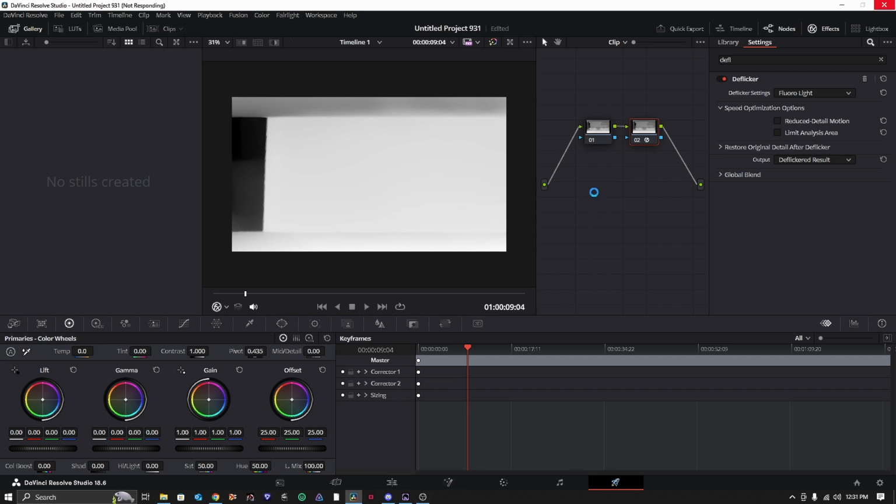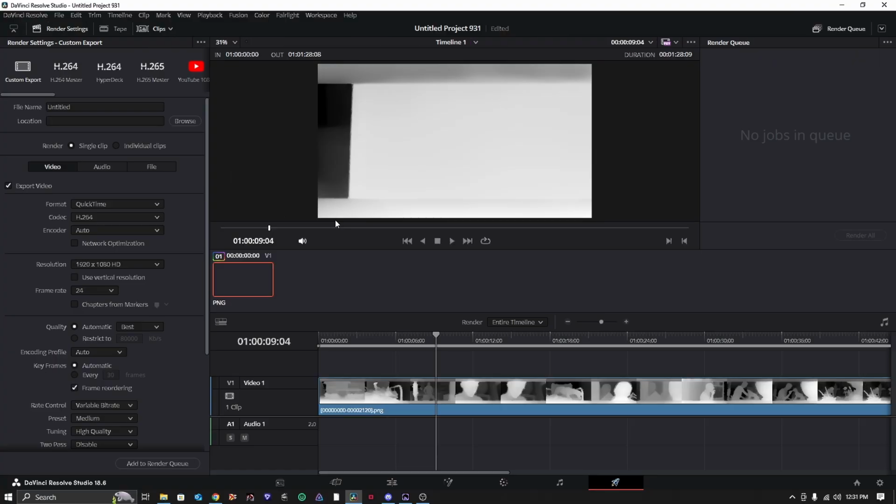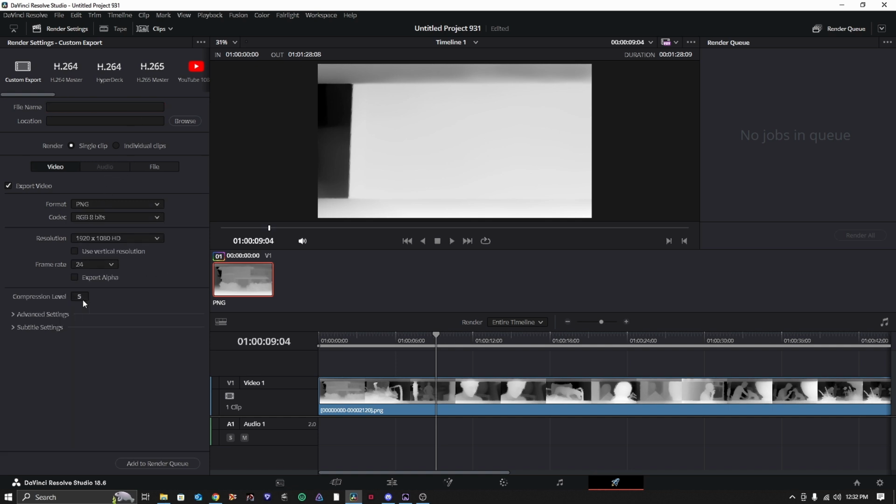This may take a moment to load, but once this loads, basically what you'll have the option to do here, oh, here it is. Well, I'll just show you now. What you do here is you take away the name of the file. You don't need to save a file name. You'll go to Format, choose PNG,